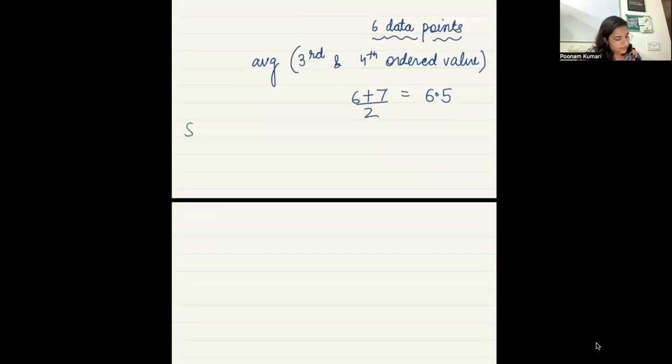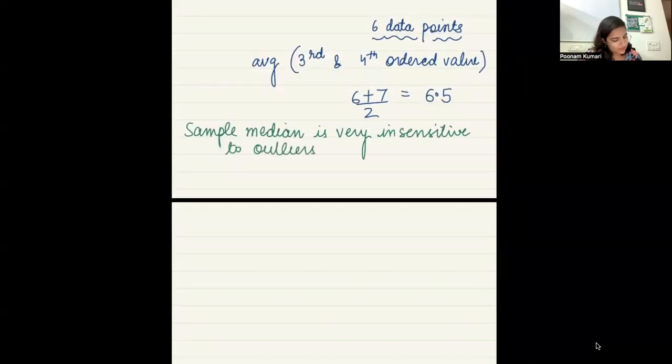So sample median is very insensitive to outliers. Okay. So that is the situation. All right. Now,